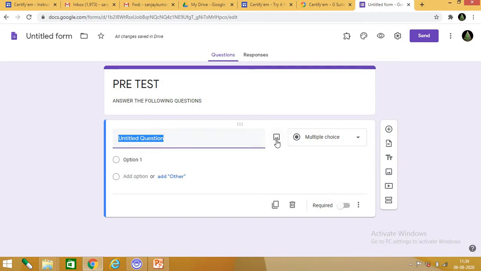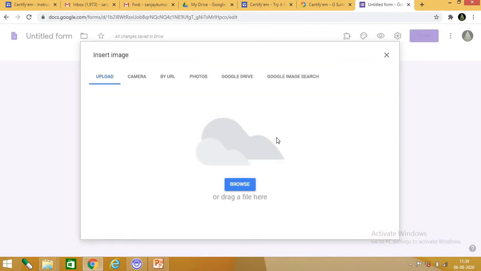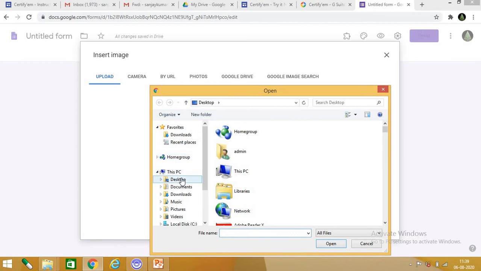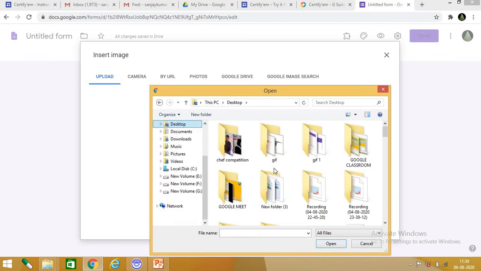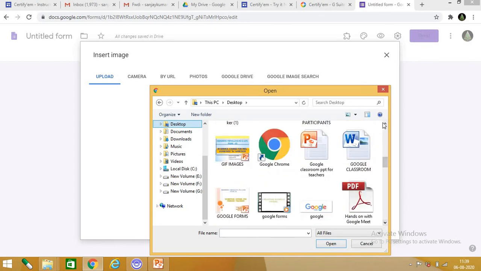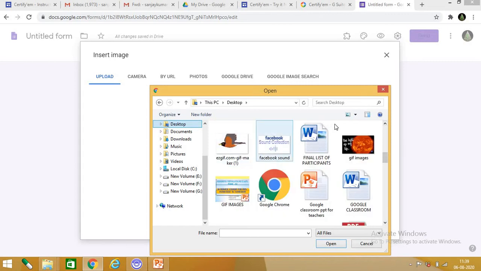Now see here, image. If you click on image, it will ask which image you want. So you can browse. Where is the image? Suppose the image is on desktop. I will go to the desktop, then select the image which I want to give.